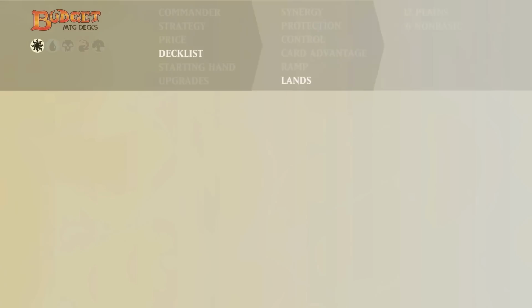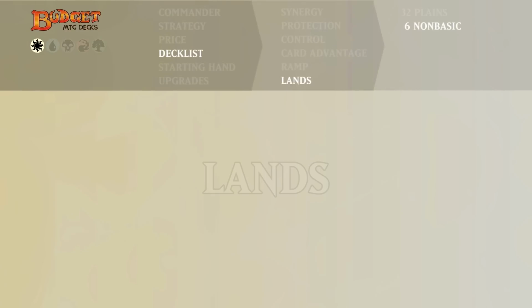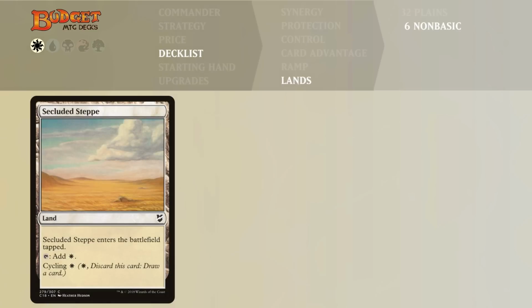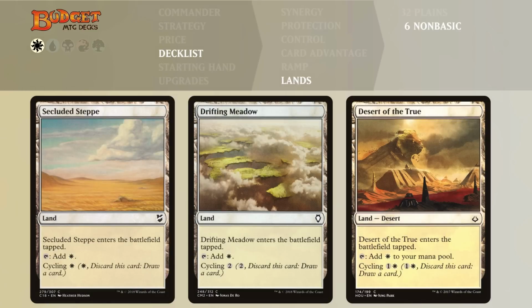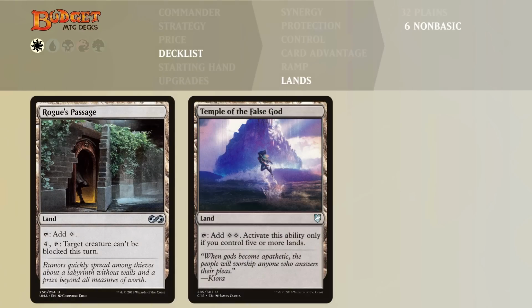Let's have a look at the lands. We divided the lands into 32 Plains and 6 non-basic lands. For the non-basic lands, we got Secluded Steppe, Drifting Meadow, and Desert of the True. All come in tapped, all give us a white, but we can also cycle them away if we already have enough mana as is. Then we have Rogue's Passage, Temple of the False God, and Isolated